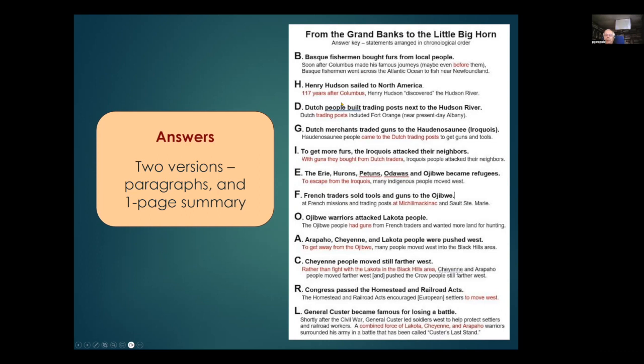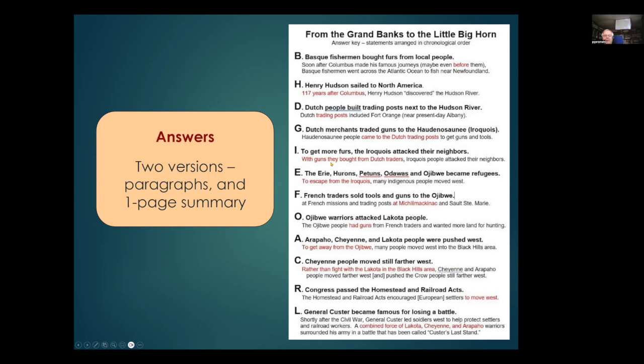And what I did with this one is I gave you a color code, as to what, that Henry Hudson was 117 years after Columbus, but the Basque fisherman was at the time of Columbus. So that puts them in order. And these sentences are lifted out of the paragraphs. And like I say, this is a set of falling dominoes, because when the Dutch people built the trading post next to the Hudson River and they sold guns to the